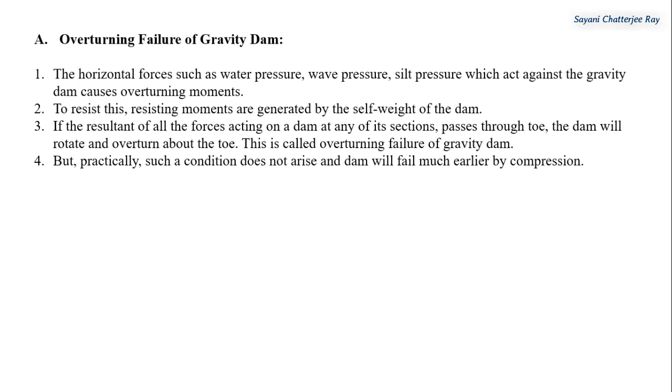Overturning failure of gravity dam. The solid gravity dam may fail by overturning about its toe when the total horizontal forces acting on the dam are greater than the total vertical forces, that is,